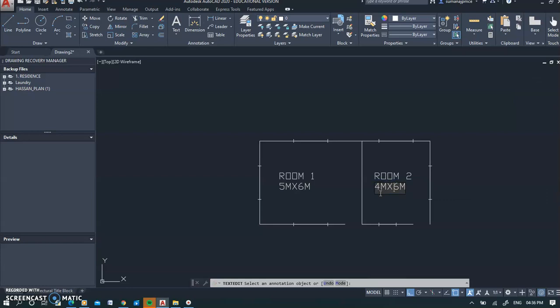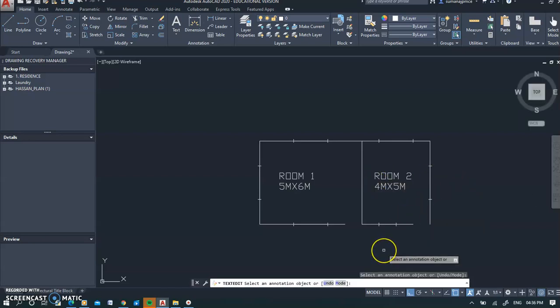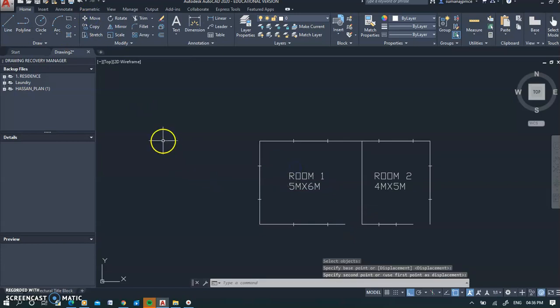Okay, the advantage is that it is placed in the place you want. The text is the same for both the rooms. Otherwise, every time you give a text command, you will have to keep adjusting the size of the text and it will vary. So this is the simple way to do it. And just move this text, hit click, move this one a little bit to the center.